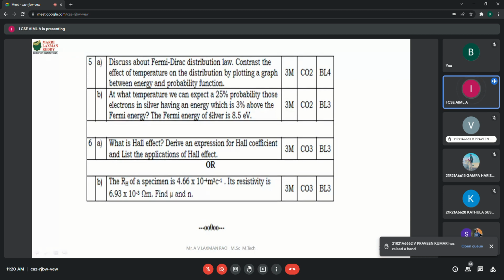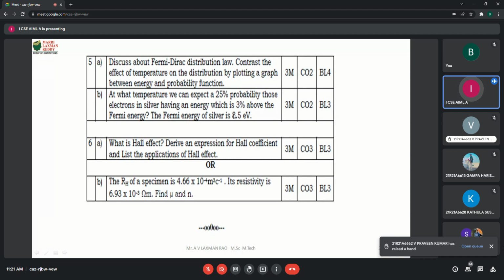Okay. Now this is the problem which was given in unit 2. The Fermi-Dirac distribution law is there in the second unit. If you take the Fermi-Dirac distribution law, only problems on it can be expected. No other concepts are there to solve the problems. Only the Fermi-Dirac distribution law. Some percentage will be given, and probability values are to be found. Okay. Find the energy levels like this, like the 3% probability is given, and some E minus EF difference is there. Find out what the difference between them is, like that.